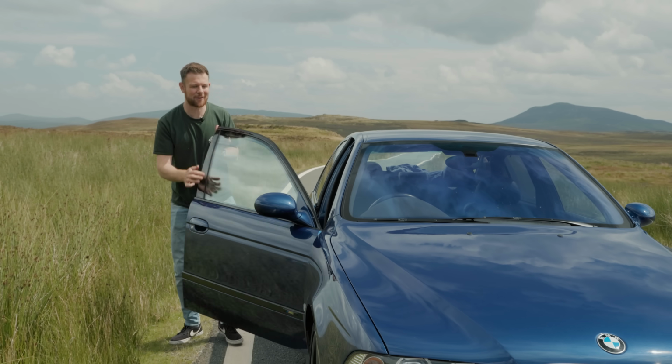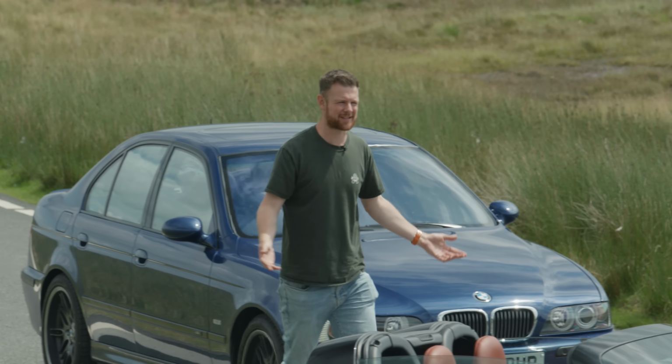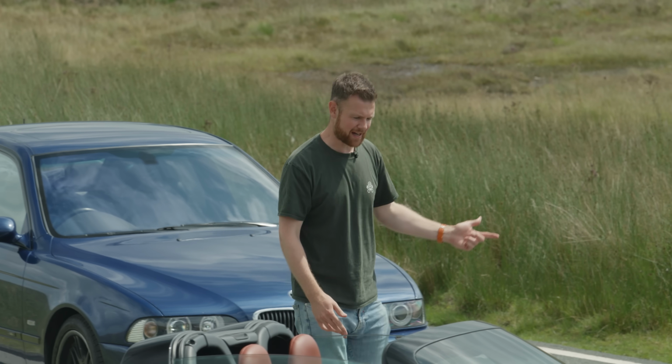And M5s are just cool, aren't they? I mean, look at this thing. The wheels are perfect, the stance is perfect, the details are perfect. That is how you do fast, cool,